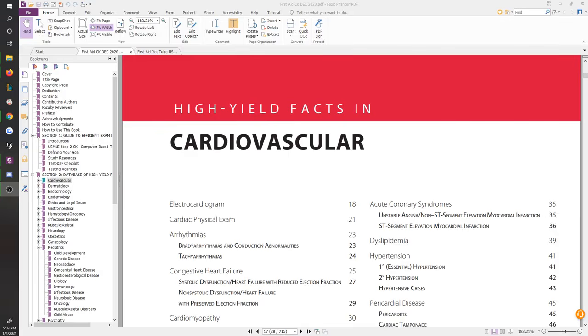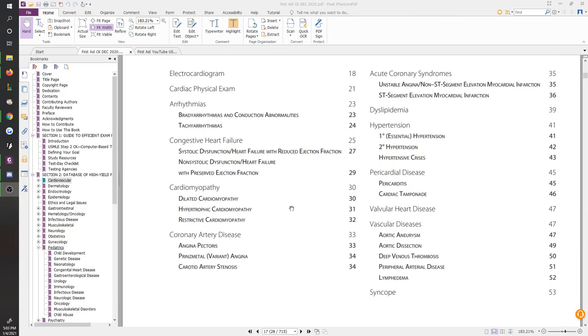There's a lot to know, and cardiovascular is one of those topics that on your CK exam will pretty much be a part of every single patient, just like the cardiovascular system will be a part of every single patient that actually comes into the hospital, right? Whether a patient is coming in for a general procedure, whether it's a GI procedure or a reproductive procedure, whatever it might be, I can say confidently that practically 100% of patients require a cardiovascular consult, right? An evaluation by a cardiologist upon admission.